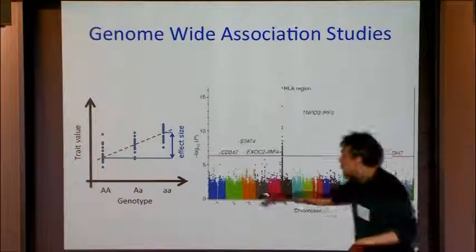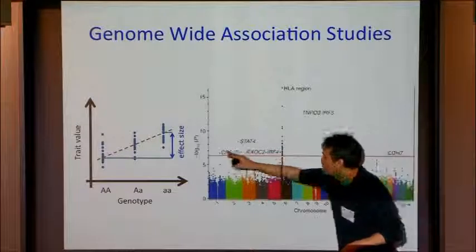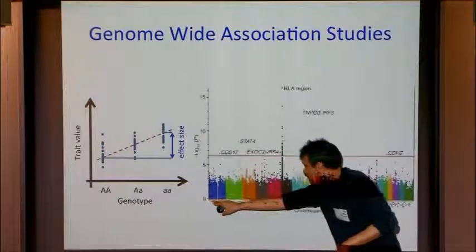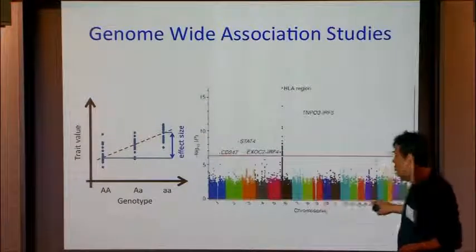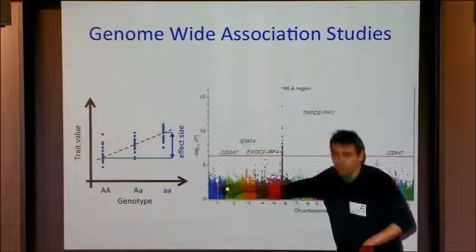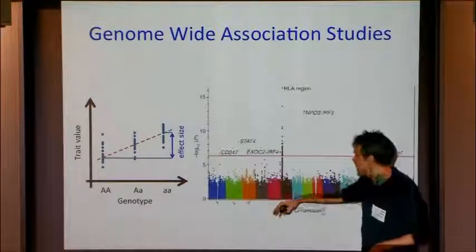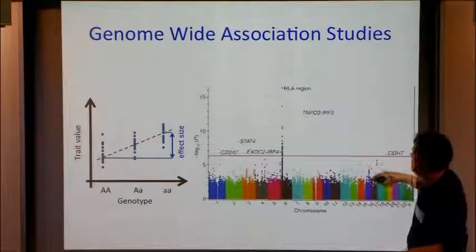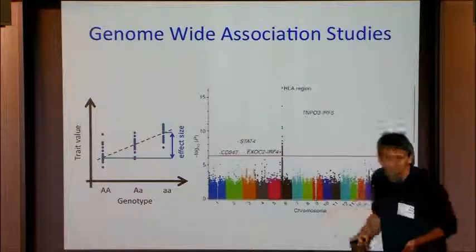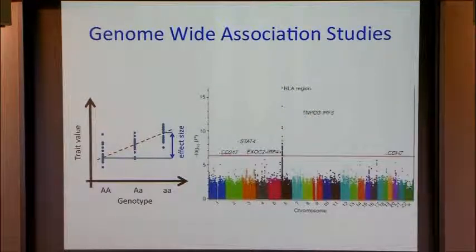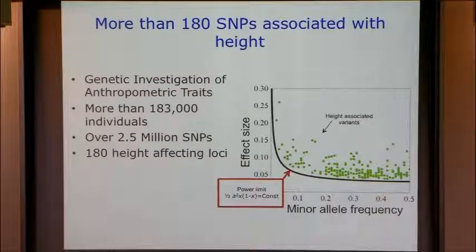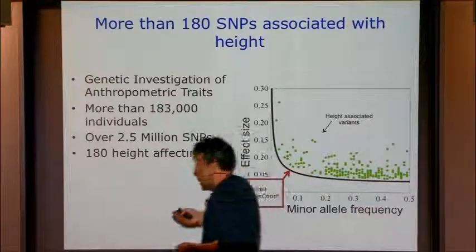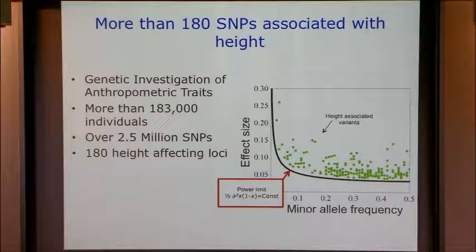This is how it's usually represented in terms of a Manhattan plot, where this is the log p-value, and this is just the chromosomes of the human genome, with each point here corresponding to a p-value for a given SNP, and this is the threshold for genome-wide significance in this case, and you see a significant association. So just to continue with the example of height,